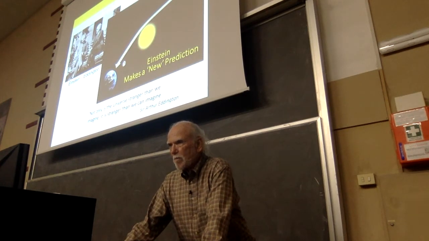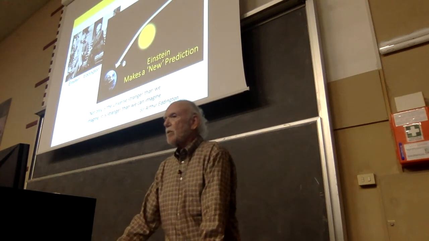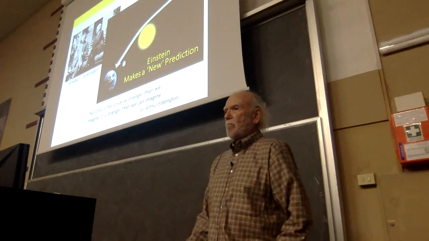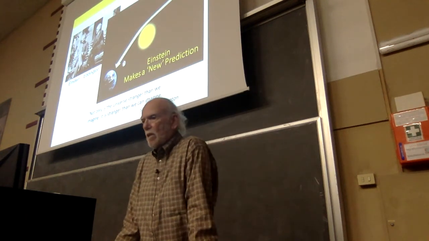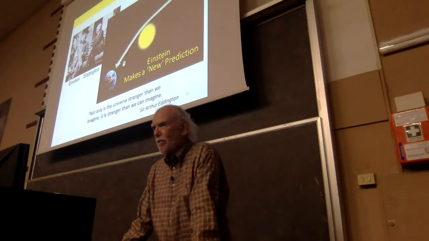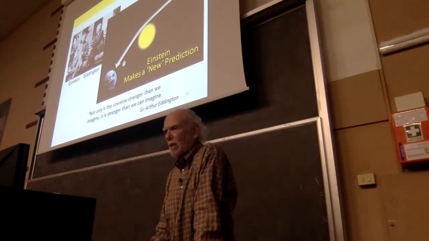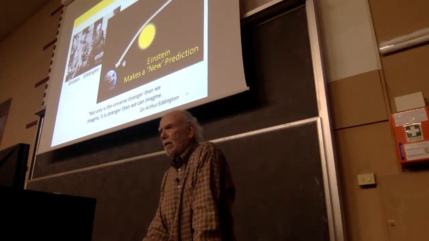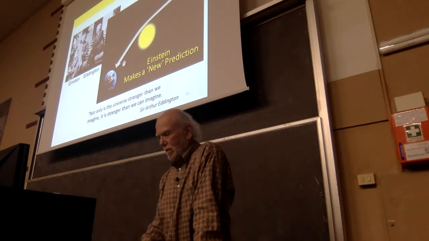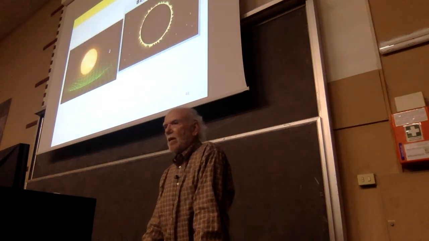And the problem of trying to see that was picked up by a British physicist, Sir Arthur Eddington, who became Sir Arthur Eddington as a result of the measurement, I guess. And he took on the problem of measuring the bending of light from a picture like this, the eclipse of the sun in